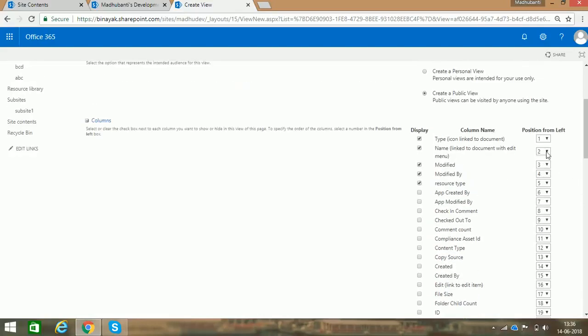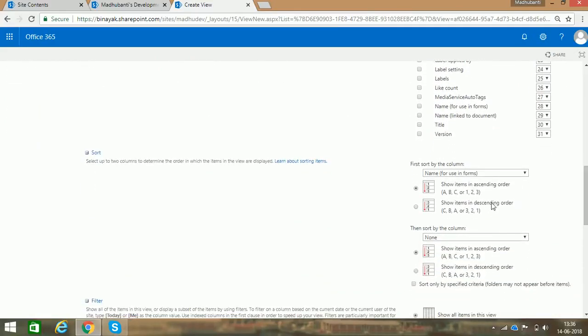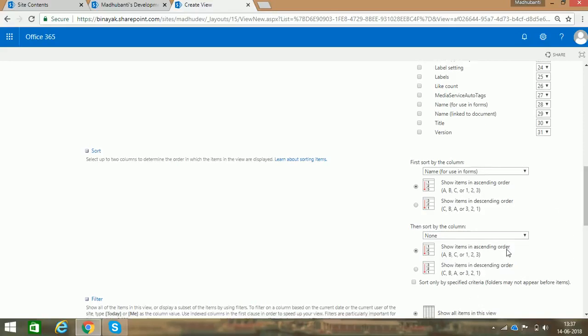Here you can renumber these columns also. Like I am choosing this one, it's 4, and it will automatically reshuffle and renumber the next one to 3. Again I am doing it like previously. So in the next column, which is sort, if you want to sort this column, then you can choose here. I'm just leaving this because I don't need it, because it's a filter view. The natural order to sort All Documents is by name. Okay, I'm going to leave this column because I don't need it.